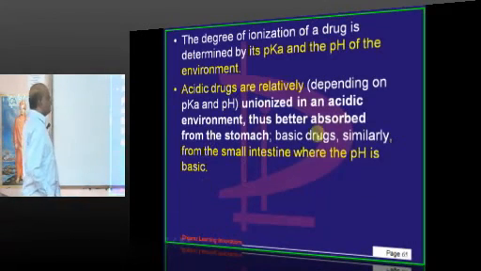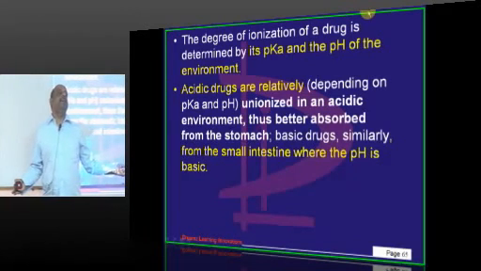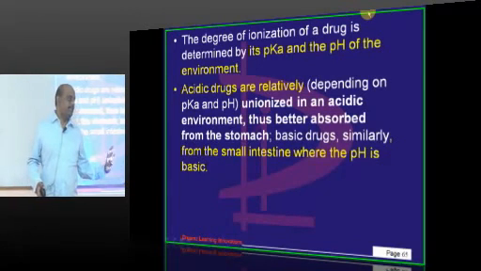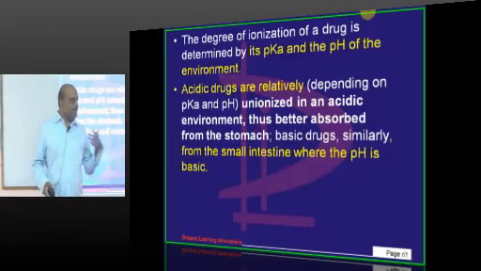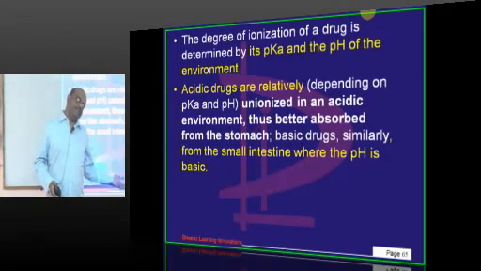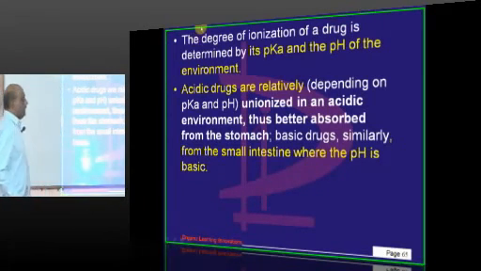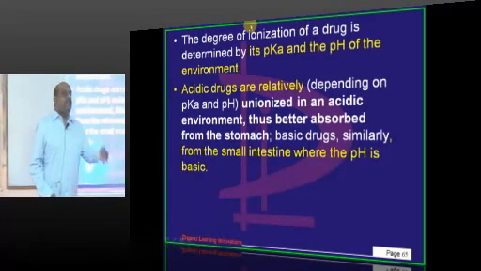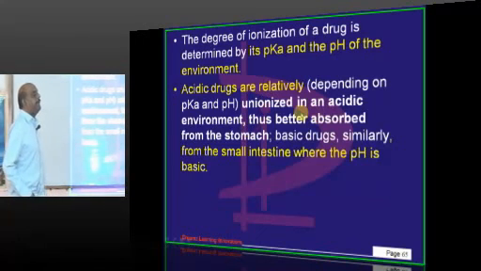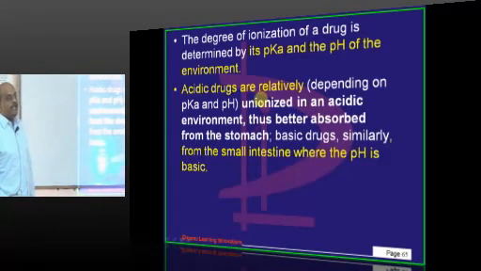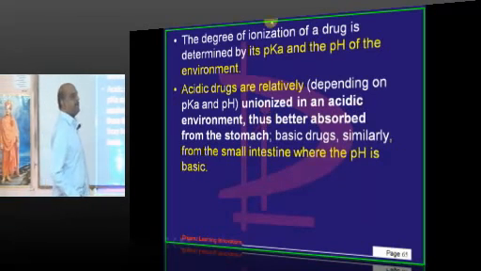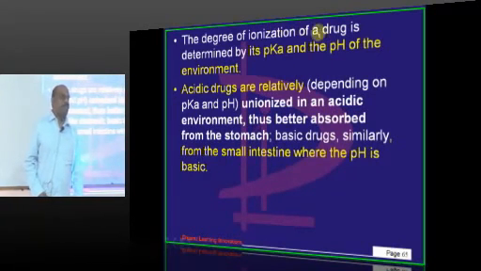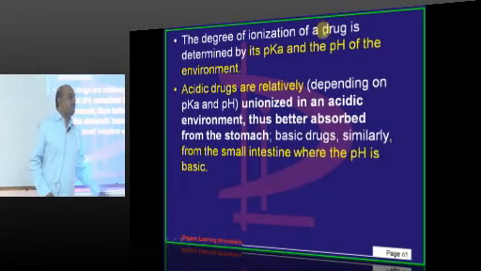Okay, doctor? Now, what decides whether a drug is ionized or polar is one and the same. A drug which is polar means it is ionized. A drug which is non-polar means it is non-ionized. Simple. If you take a drug which is acidic, if it is in an acidic environment, it is unionized. If it is unionized, then it is better absorbed. So, is the stomach an acidic environment or an alkaline environment? Acidic environment. So, all acidic drugs are absorbed in the stomach. All drugs which are alkaline,